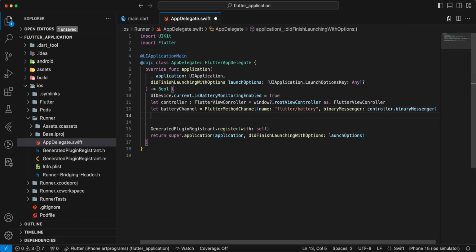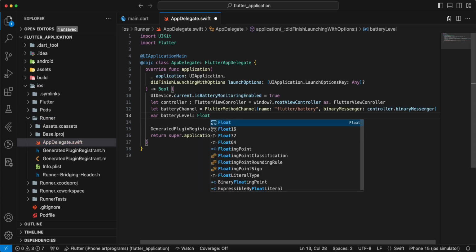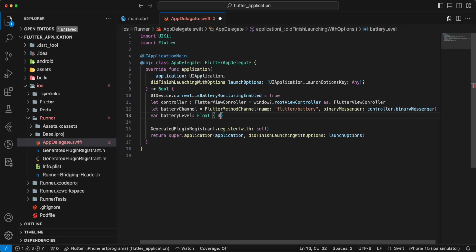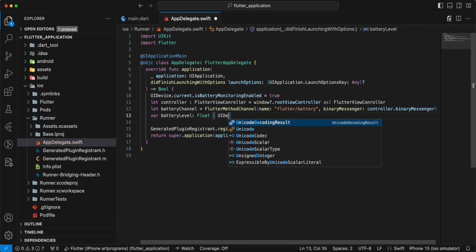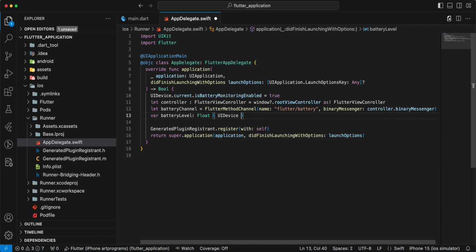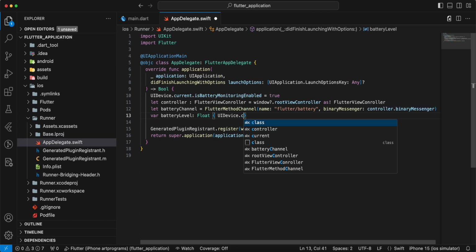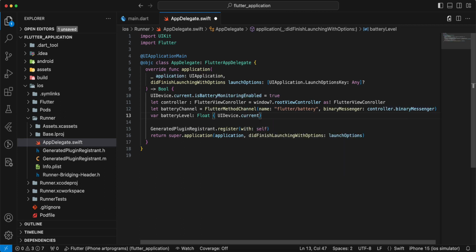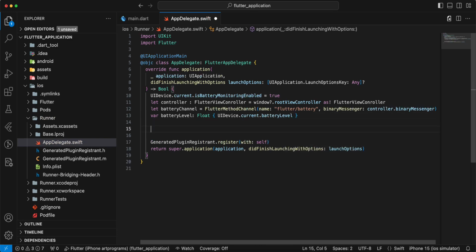Now we create variable battery level, write var battery level float, then we write UIDevice.current.batteryLevel, and we write battery channel dot set method call handler,